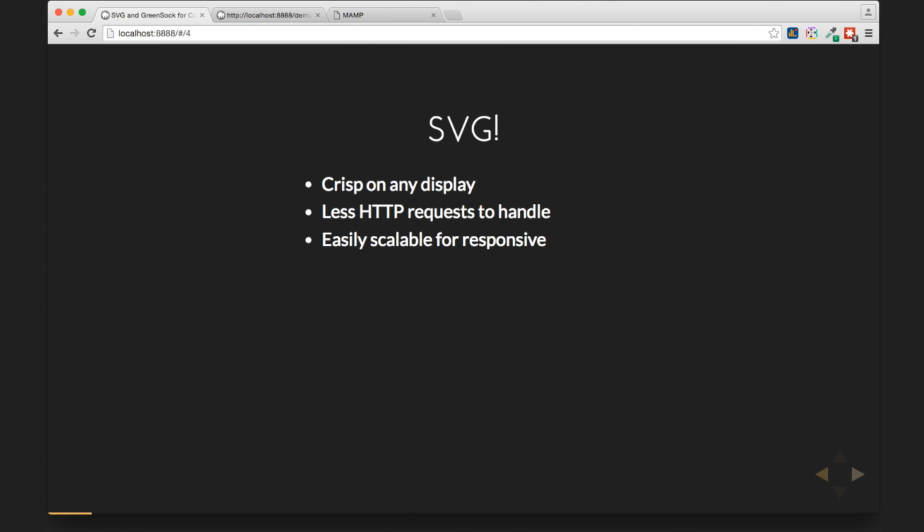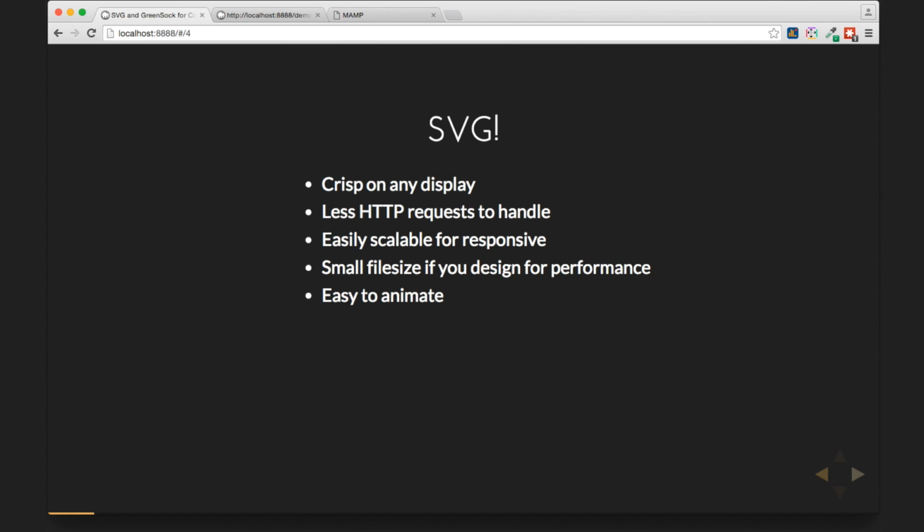So it's really easily scalable for responsive. I mean, it's in the name, scalable vector graphics. This is what it was built to do. This is what it was meant to do. So let's use it to its full potential. It's a really small file size if you design for performance. And the key takeaway in this sentence is actually if you design for performance. We're going to talk a little bit about that today. I'm also going to show you exactly how small some things can be. You might be surprised.